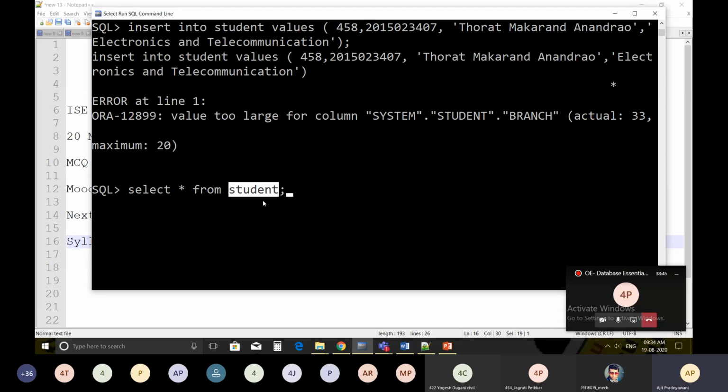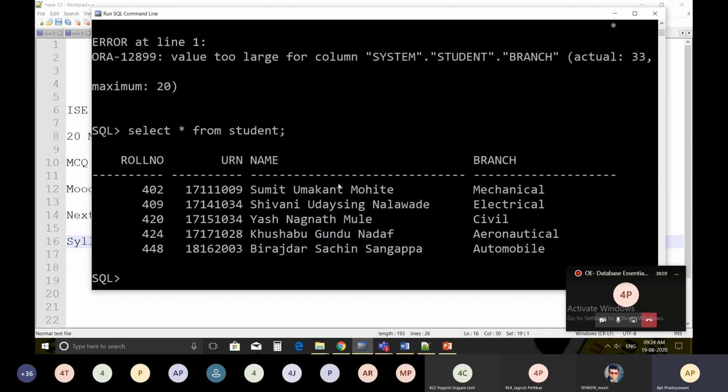Just see the output, and I will explain from the basics how to create the table, how to insert the data, and how to query over the database. At the end, a semicolon, just press enter, and you will get this information.